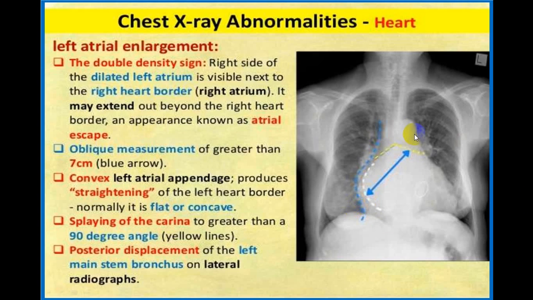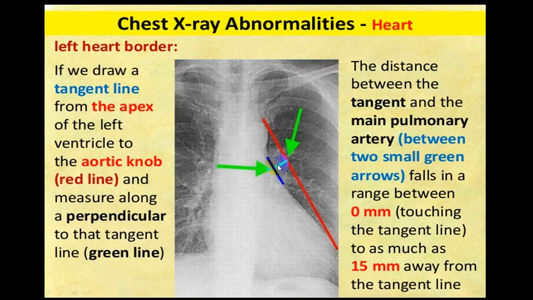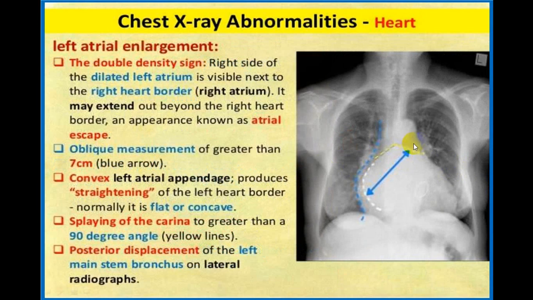And another thing which is in favor: if I draw a straight line from the aortic knuckle till the apex, I see this area. If you look here, can you see this? This portion is because of the left atrium. So if this area is filled up, this is because of LA. Here you can see it is completely filled up. So this is LA, this is LV. So this is a left atrial enlargement.